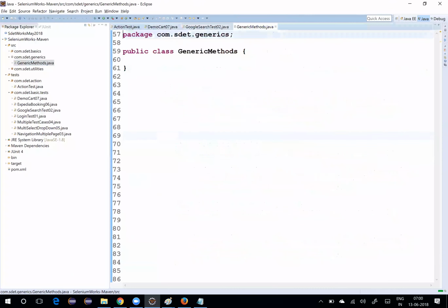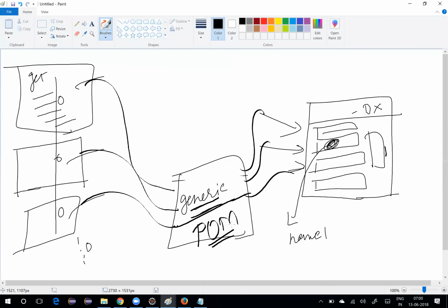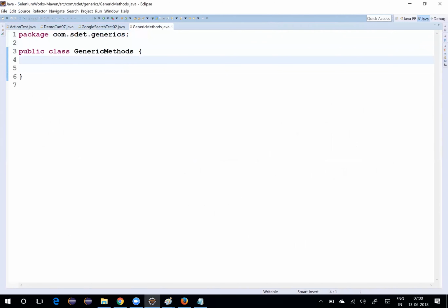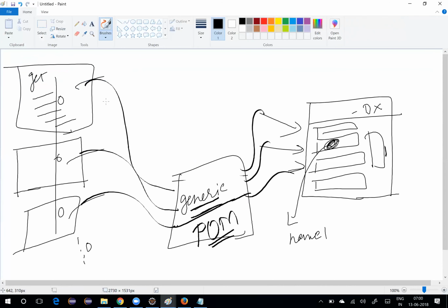Generic methods. Now, the whole idea of having generic methods is to create this class which you call an intermediate class. Anytime you want an element, anytime you want it by ID and all, the Selenium script will not do it right now. It will all be given to generic. So now I just go back to this guy. I would just say, hey, I need a web driver, driver. Do understand that the web driver we have created, probably, if it is a good practice, of course it is a good practice, we can try creating a class which is called